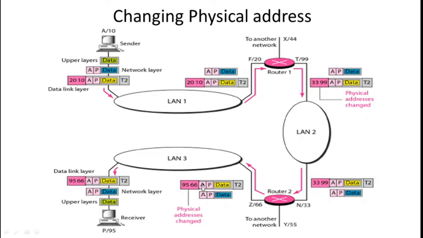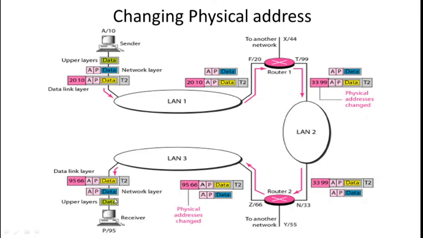then at the router level, in the network layer, it identifies that it is destined to a particular computer with physical address 95. So using ARP and RARP, the address resolution protocol and reverse address resolution protocol, it identifies the corresponding physical address, and it frames the packet as a frame with 95 as the destination address, which is the real physical address of the destination, and the source is 66. So from here it is being sent to this place where it is decapsulated again.